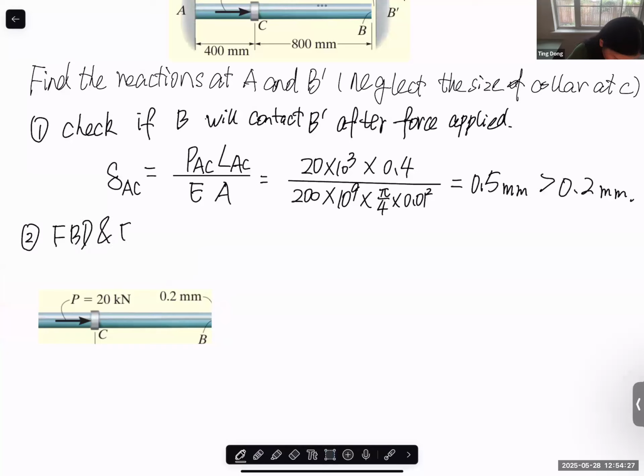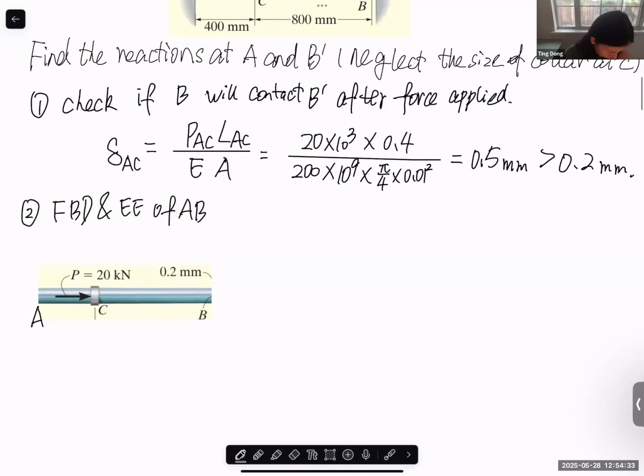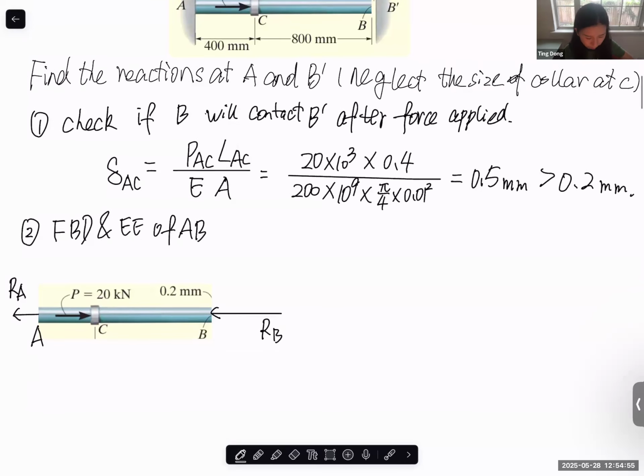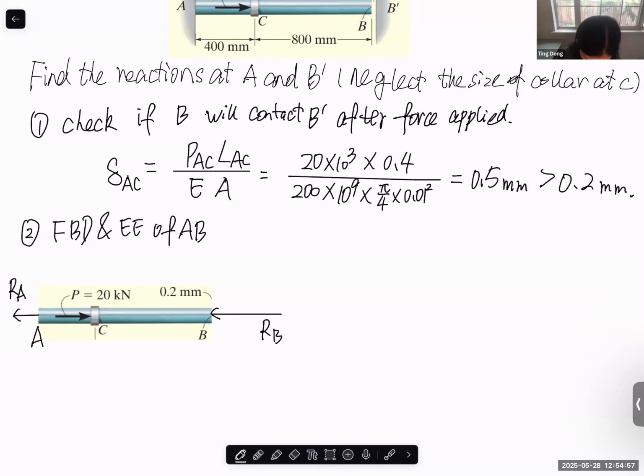Free body diagram and equilibrium equation of AB. Left side is A. So, since force P is in the positive x direction, let's put the reaction force at B in the negative x direction, and the reaction force at A also in this direction. So direction is given, so RA and RB should have magnitude. So